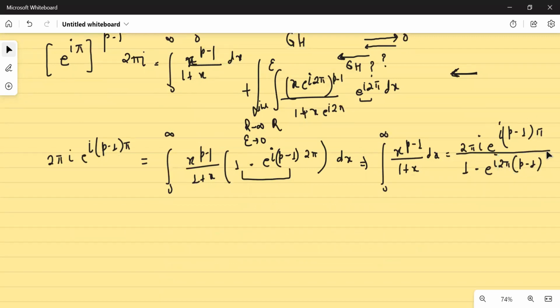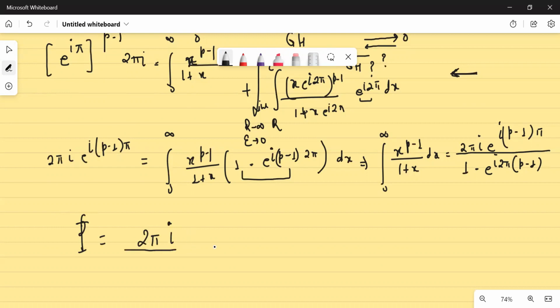And what you can do is, you can simply take e to the power iota pi p minus 1 common, or you can simply divide this portion on the down. So what you will get is that this integral where we were interested was 2 pi iota, and you can simply place this below. So you will get,